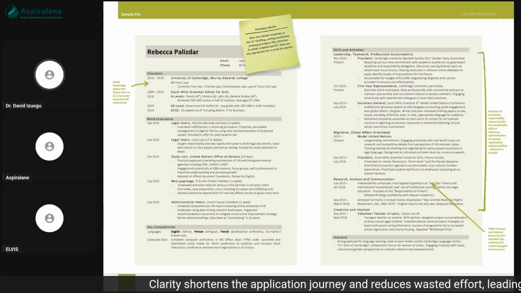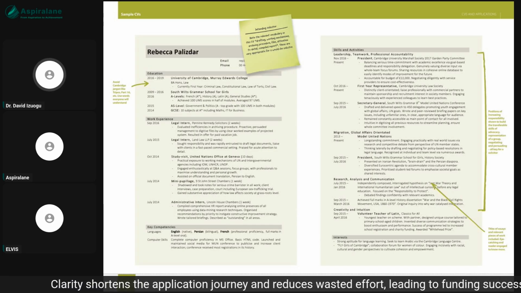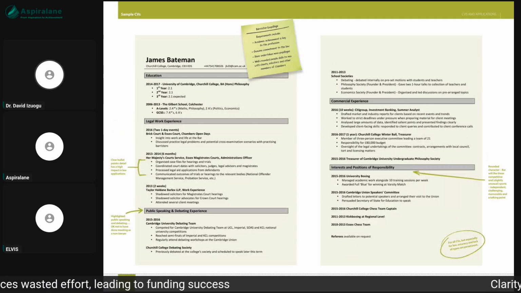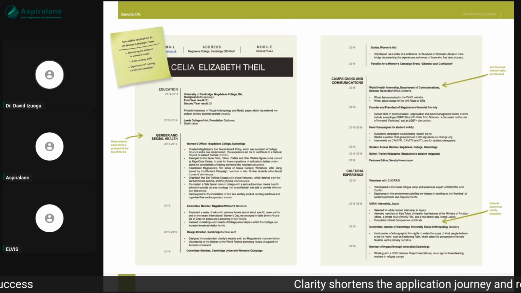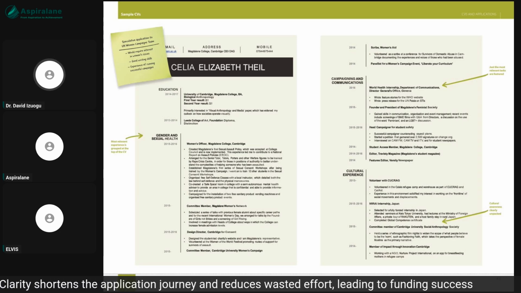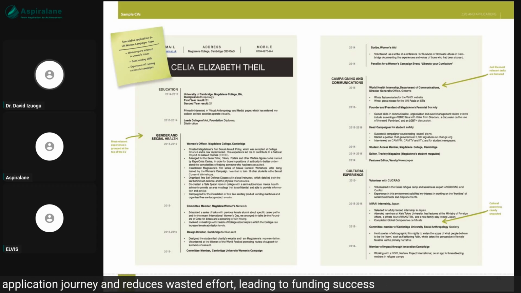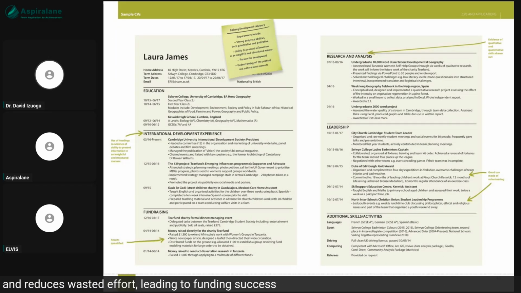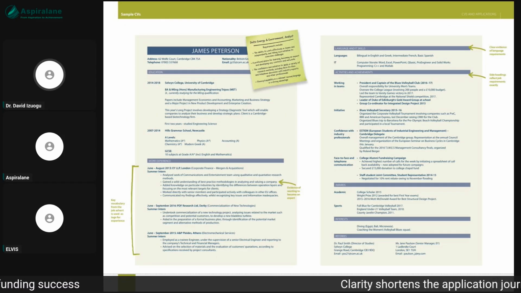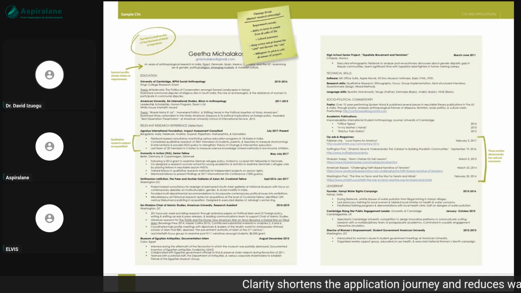There's no one size fits all. So the fact that I did my own in a particular way doesn't necessarily mean that that's the best way. There are different ways of putting the same things. Some people will put their dates on the right, some put it on the left. It's completely fine, but there has to be consistency. You can't have the date for your education on the left, and then for your experiences have the dates on the right, throwing things all about. There has to be that clear consistency in how you arrange your CV end to end, right?